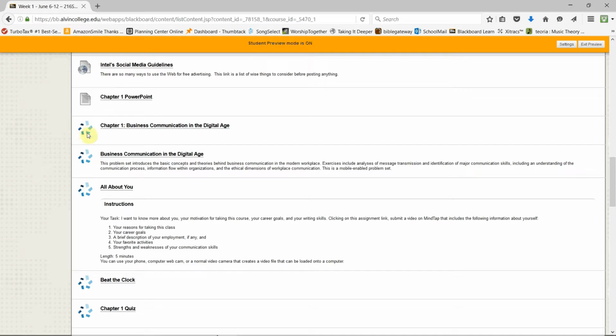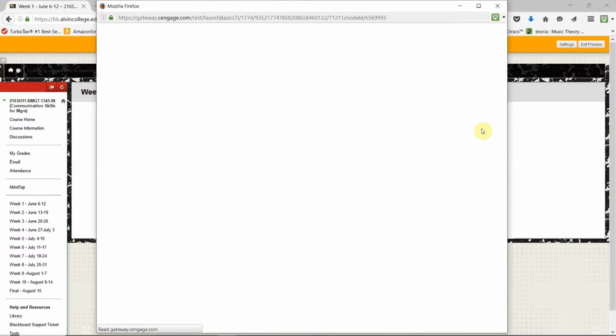Notice that the blue circle, so it's in MindTap. Now, the Business Communication in the Digital Age, notice it also is in MindTap. And since I have not restarted my Firefox, it's probably still not going to work.